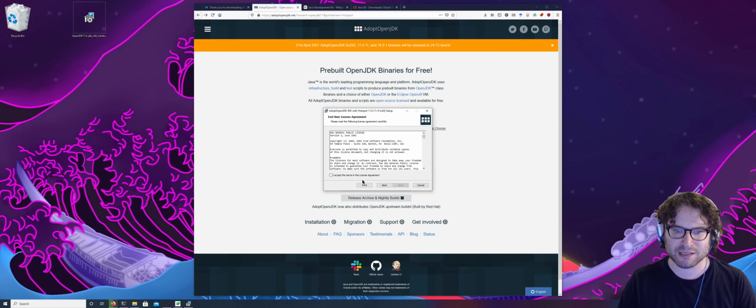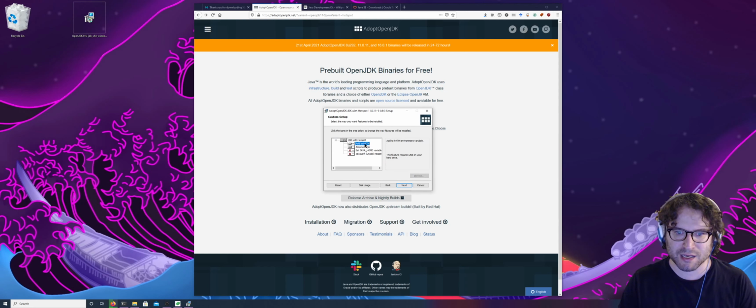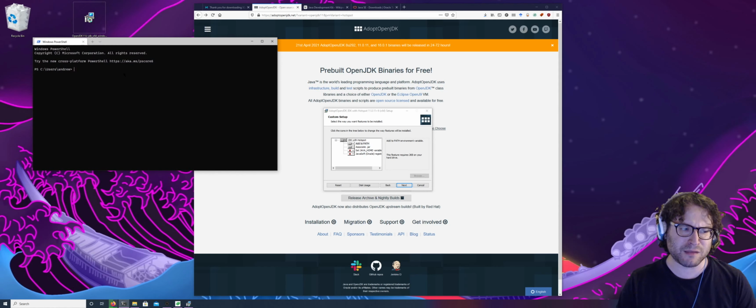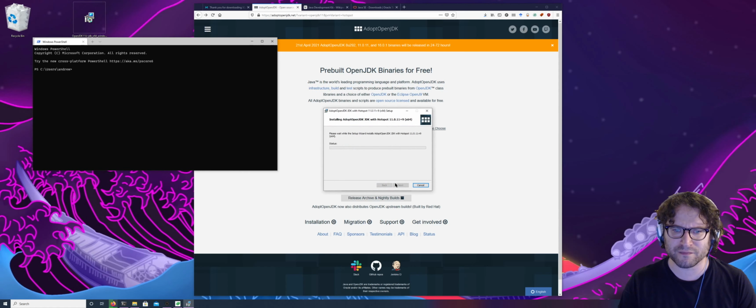So I'll hit next, accept. It's open source code, which is great. So add to path, which just simply means we'll be able to test it using the command line, which is this thing that makes you look really competent at using your computer. Associate to jar, and I think that's sufficient. I'll hit install,